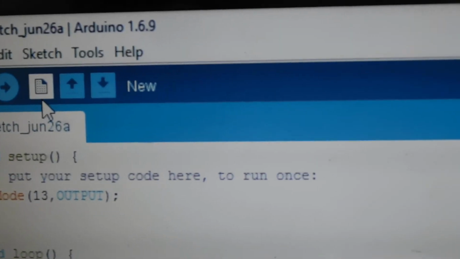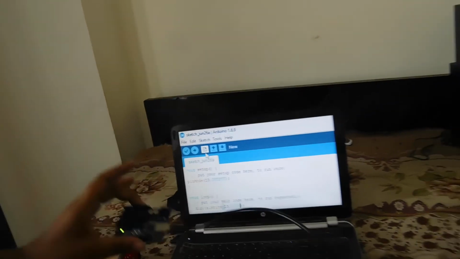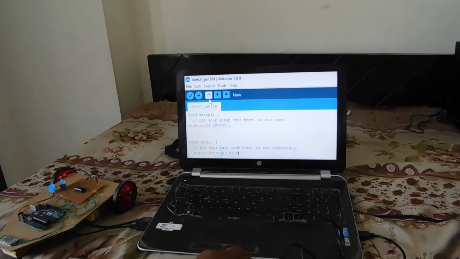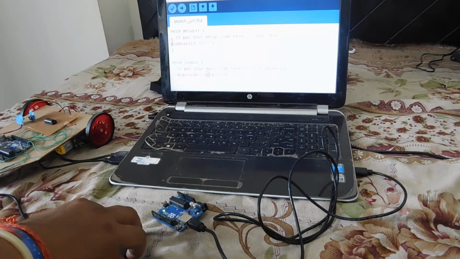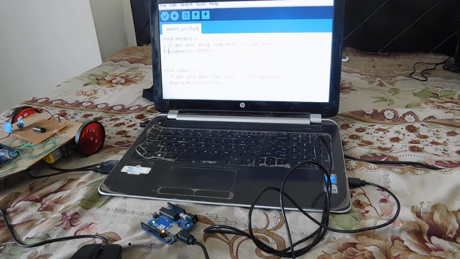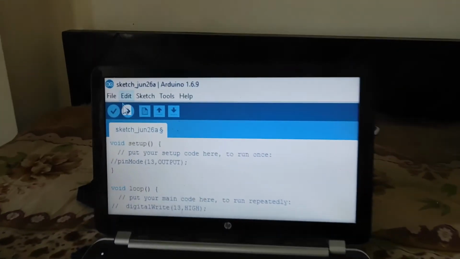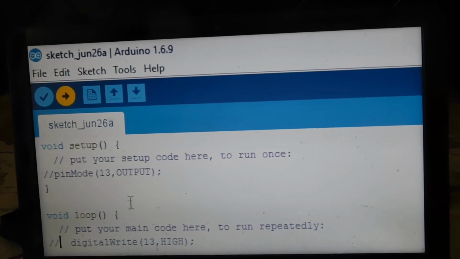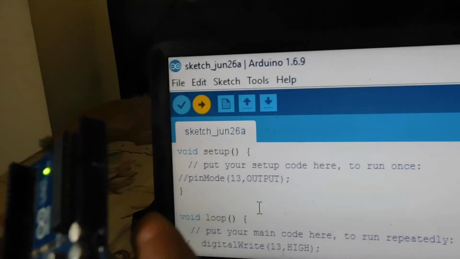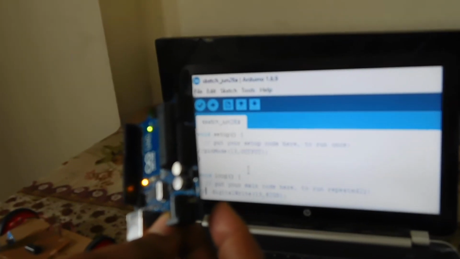After saving, you have to connect your Arduino Uno board with this particular serial communication cable. Okay, let me do one thing. First, comment this and comment this. What I am doing, actually, I am clearing this particular Arduino. Currently it contains a lot of code. I am just clearing it. I am clearing all the code that's written here.